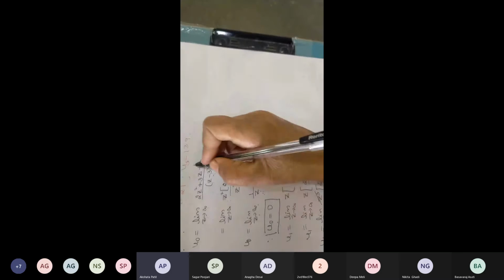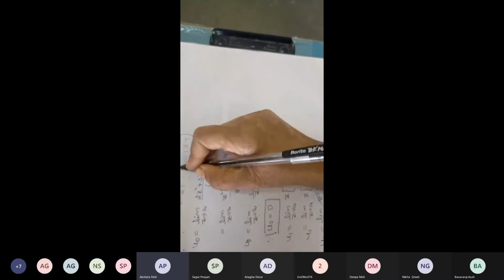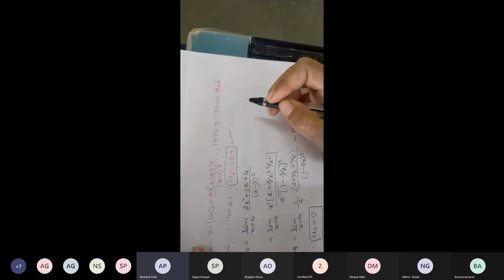Now next, just see here, in the question they have given u1 value is 2, that we are getting here. Second, they have given u2 is 21, we are getting. Now similarly we need to find the value. We need to show u3 equals 139. We need to show this result. Okay, now let us calculate u3 value.